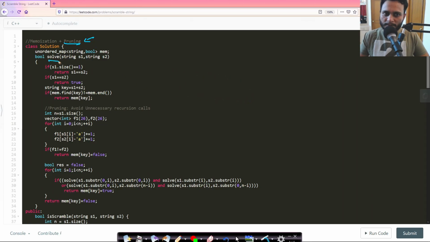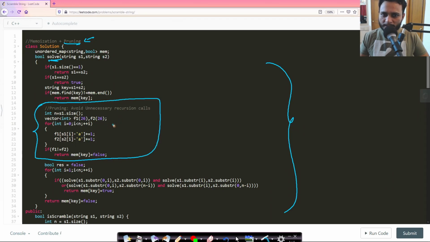So this is our recursive call, which is solve. This is the same code as we were using in the memoization part, but the only difference is this part. Here, when we are given a subproblem, substring S1 and substring S2, we take an array of size 26 because we know the characters will be from small a to small z.